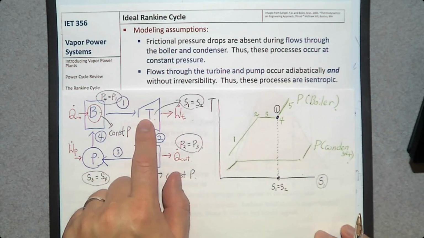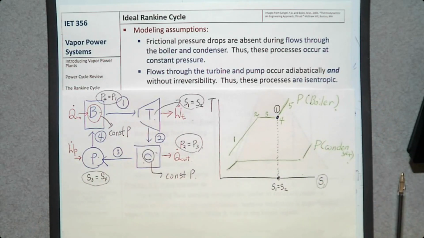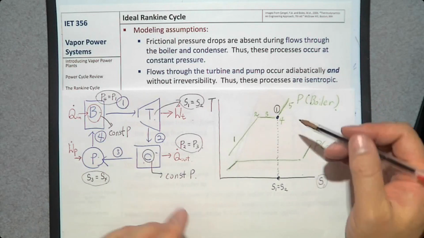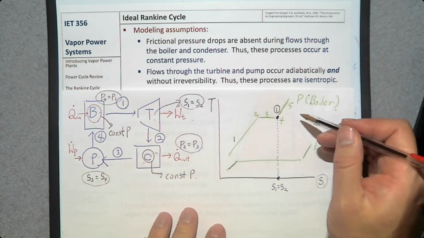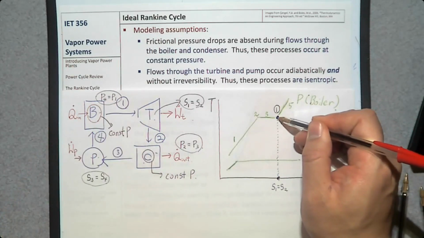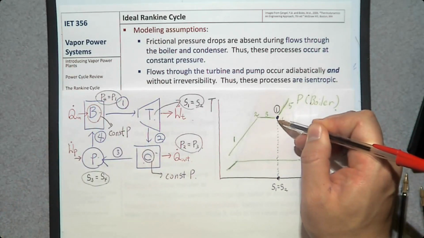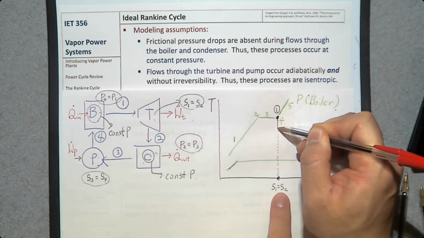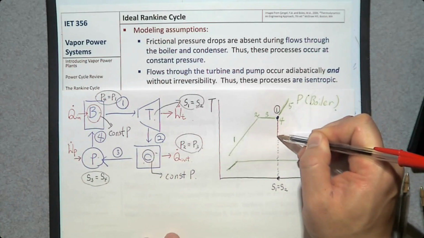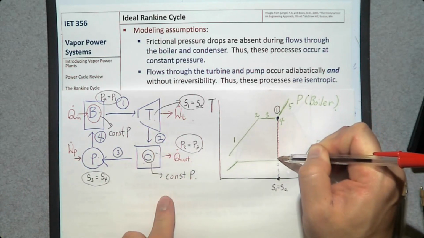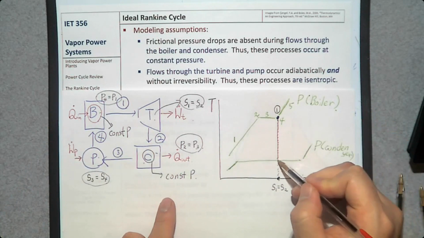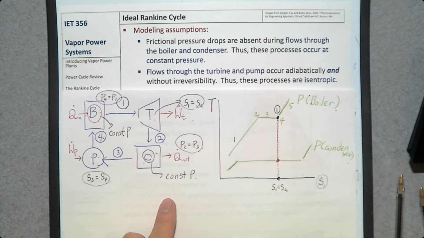And what happens in the turbine? It expands. So its pressure goes down from 1 to 2, and its temperature goes down. So following this line, because entropy does not change, and the pressure becomes the condenser pressure, this point, number 2,